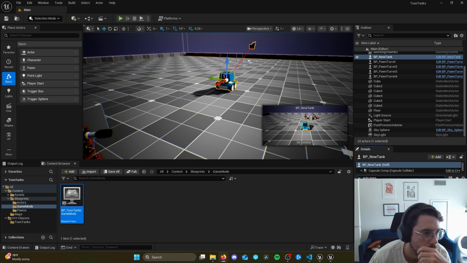So now that we have a game mode, we're going to remove this pawn from the world. So I'm going to hit delete and delete it. Now I'm going to zoom all the way over